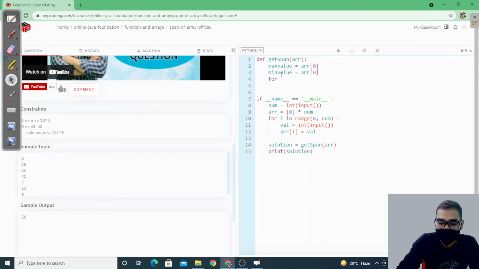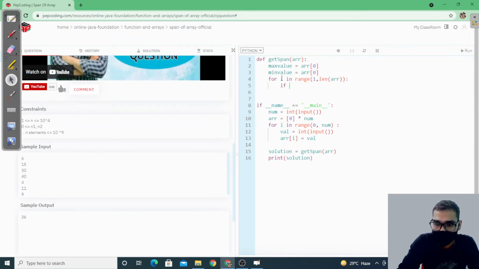So I will try to run a loop from 1 to the length of the array. Then if I find any value which is greater than my max value, I will upgrade my max.